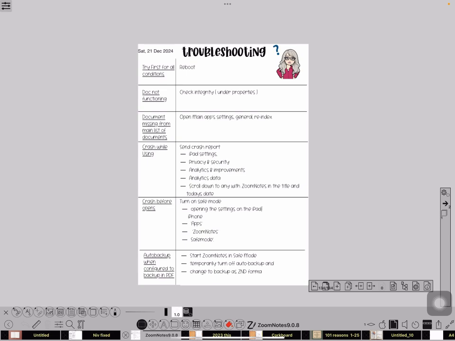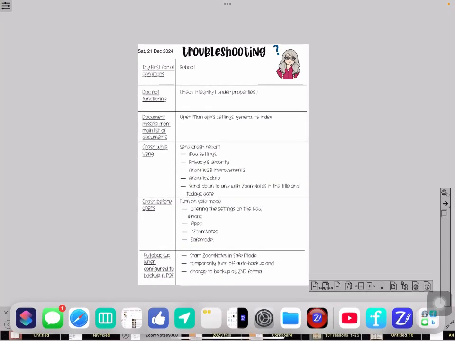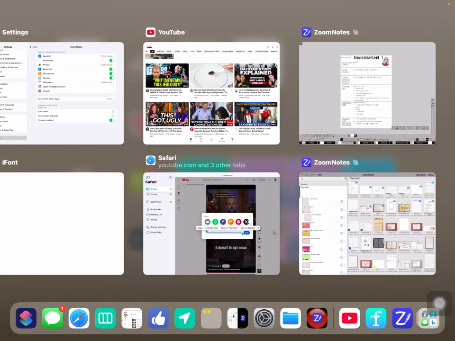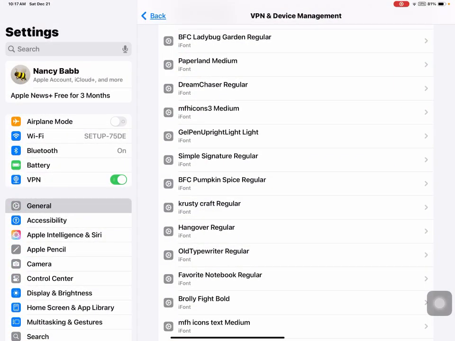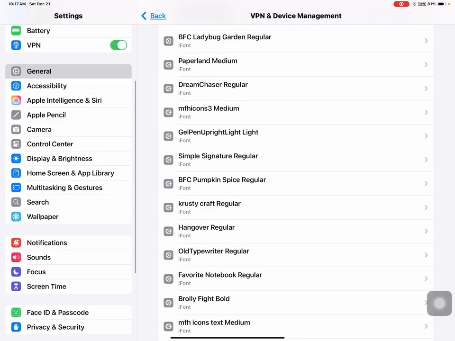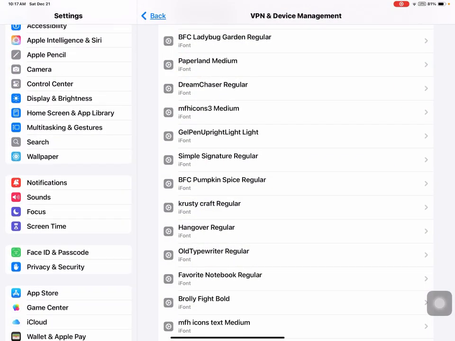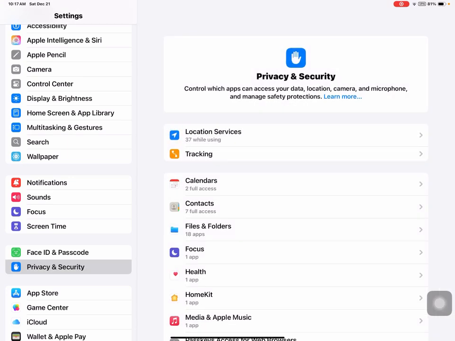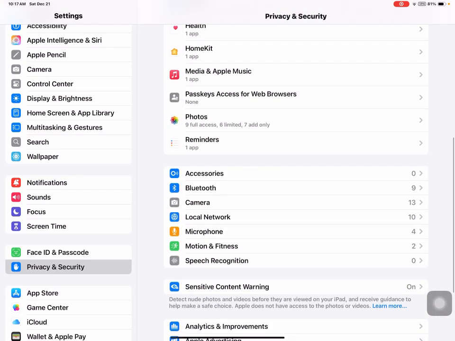So in order to find the crash report, I'm going to go ahead and find this for you because it's a little bit tricky. And this is an Apple thing. I don't understand why they made it so hard. If you go to the settings or the little gear thing down at the bottom, I pulled up from the bottom to get that gear. If I click on that, then I go down to privacy and security. And then over on the right side, I'm going to go down to